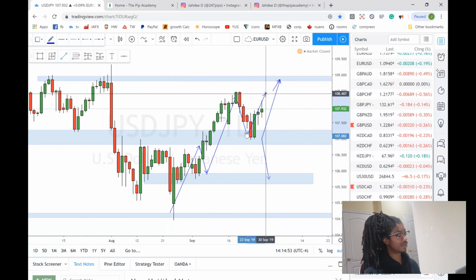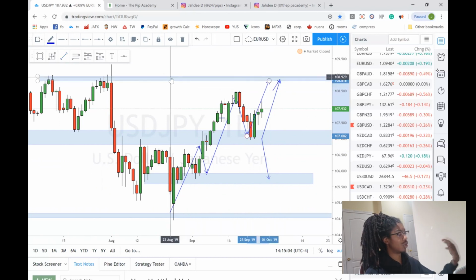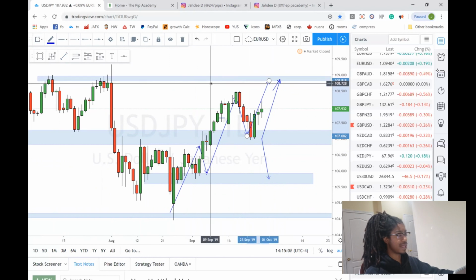Either price will come to this previous high, give us a double top and then show reasons to sell, and this will be evident by the candles that it starts making, or we can just see price rise all the way to this resistance area, and then we'll have to see how the candles develop there as well, if it wants to show us more bullish opportunities or more bearish opportunities. Then from there we can capitalize on that, judging by correlation, currency strength, and see if the price wants to continue falling,